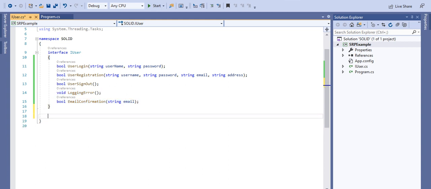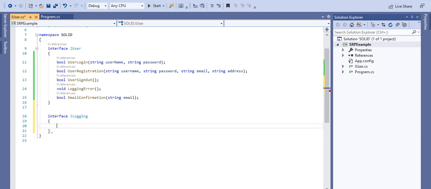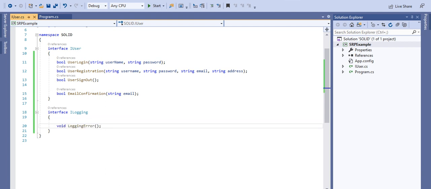So we can create another interface called ILogging, and in that interface we can take this method from here. So we have broken this one. Now this logging interface is only responsible for logging purposes. It's not responsible for the email confirmation.